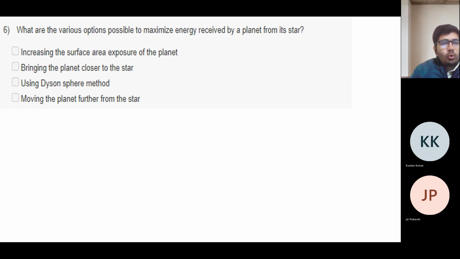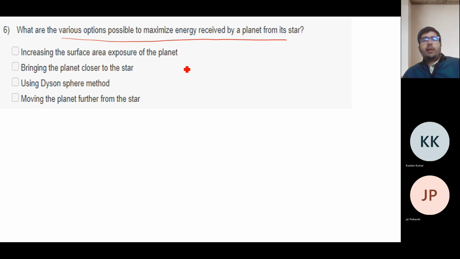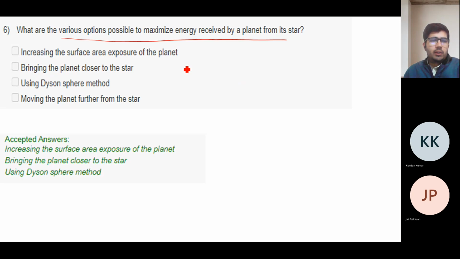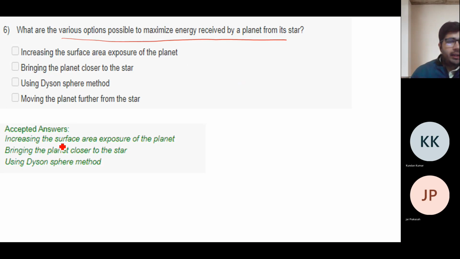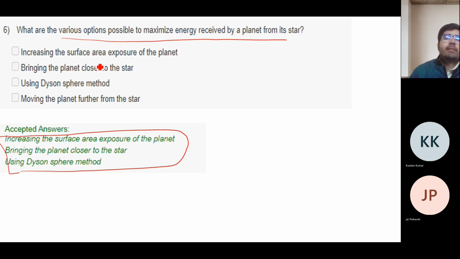So what are the various options possible to maximize the energy received by a planet from its star? So I think the professor has already covered this in his lectures. That is increasing the surface area exposure of the planet, bringing the planet closer to the star, and using the Dyson sphere method. So these are three techniques by which we can maximize the energy received by the planet, because suppose